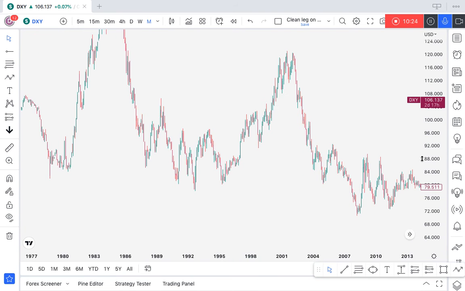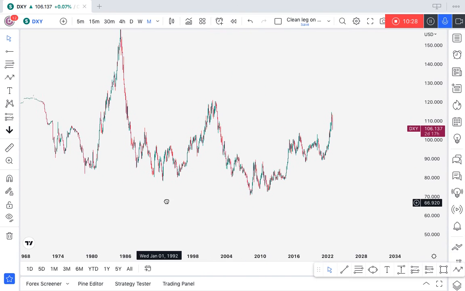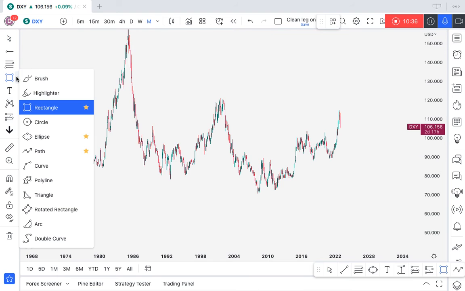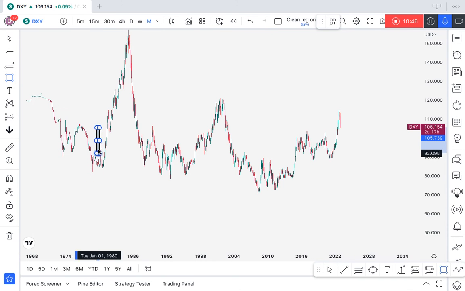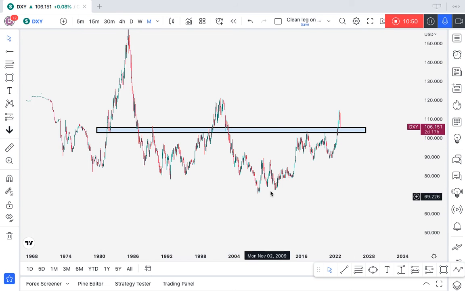So I mark out areas of cluster of candlesticks. Wherever I see a cluster of candlesticks, I go ahead and put my major level tool, which is literally the rectangle tool right here, which can be found on the left corner of TradingView. We have everything tool. This is literally it right here, rectangle. As you can see, I started it as one of my favorites. So I'm going to go ahead and mark out levels of consolidation or levels of candlestick clustering.